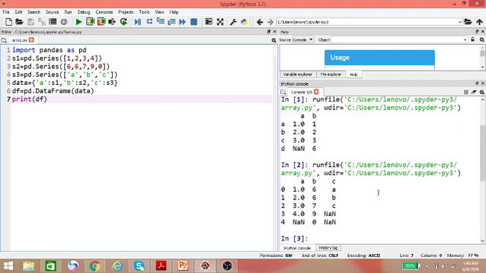Okay, here you can see the data frame has been created, and in this data frame there are three columns, column A, column B, column C, because I have created three different key value pairs in the data dictionary, so that's why the column names are A, B, C. And in these columns the number of rows is 5. 0 1 2 3 4, these are the rows. This is column A. In column A, what are the values? 1 2 3 4.